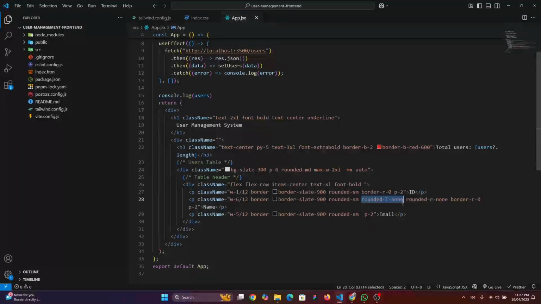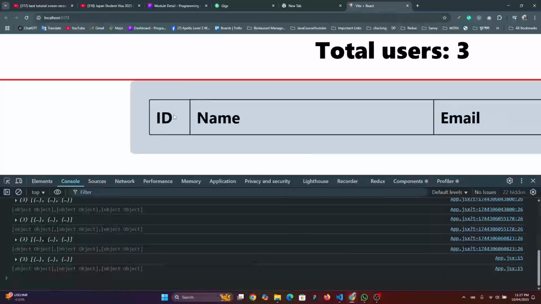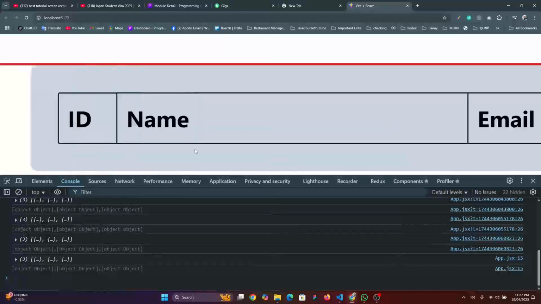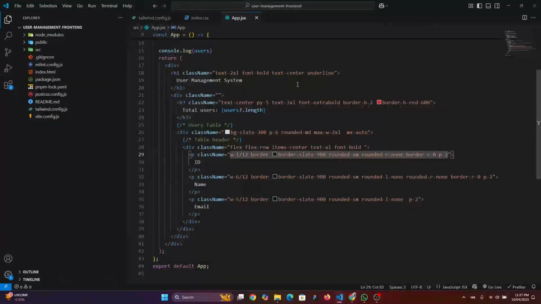This will be border left will be none, and rounded, sorry, rounded, this will be right now. So now it's looking good a border. Now it's looking good a border, not rounded. Okay, fine. So I just copy